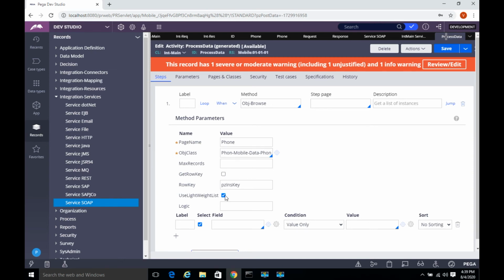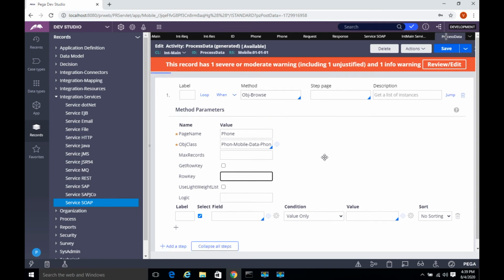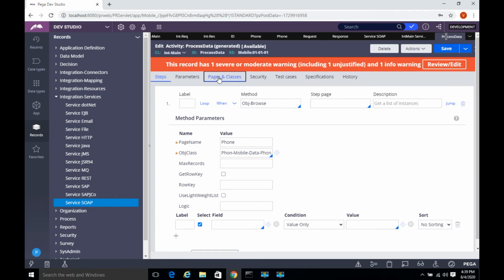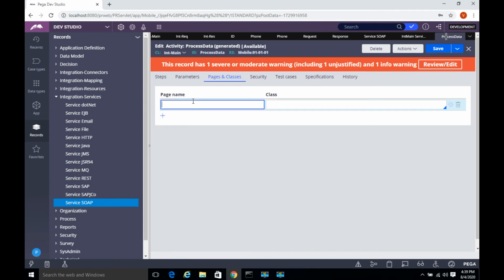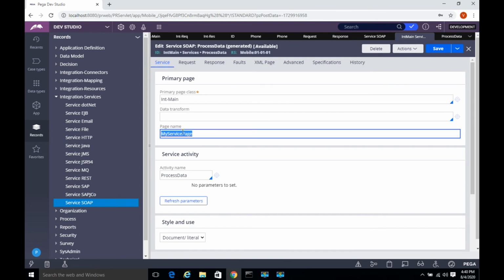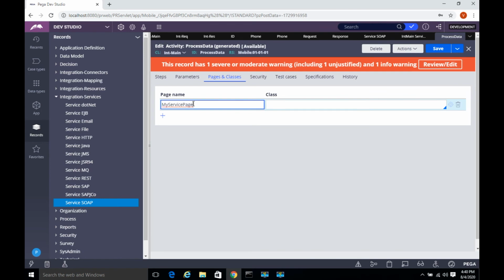Please uncheck this get row, use weight, life weight, PZINS key. These fields are required when you have PYGUID. So I don't have any PYGUID in my class, so that's why I am removing these things. Before going to configure further, please enter the pages and classes. In the page name field, I am entering this page name. Please select and paste it here. In the class, enter main class